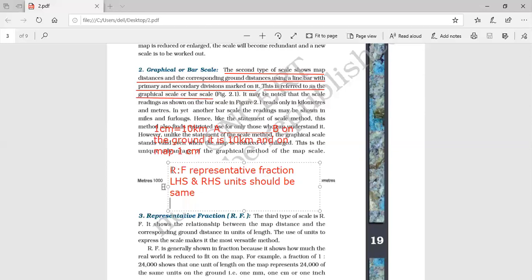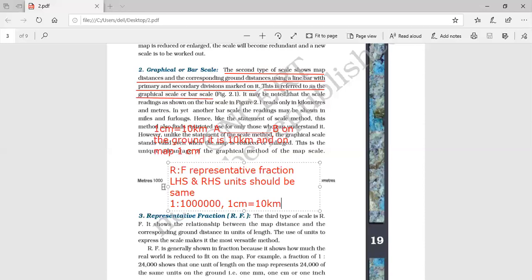If we have to write this in representative fraction mode, then we'll write 1 ratio. We know in 1 kilometer there are 1 lakh centimeter. It means 10 kilometers should be 10 lakh centimeter. Okay, so this is the way we represent. This is RF. If we have to write it in statement, then we'll write simply 1 centimeter is equal to 10 kilometers. So this is a quick review about the topics which we have read previously. And today we are going to study the bar scale.